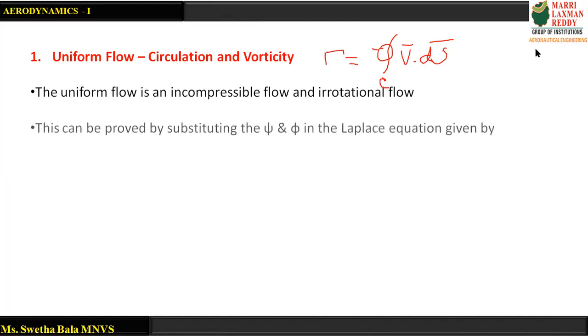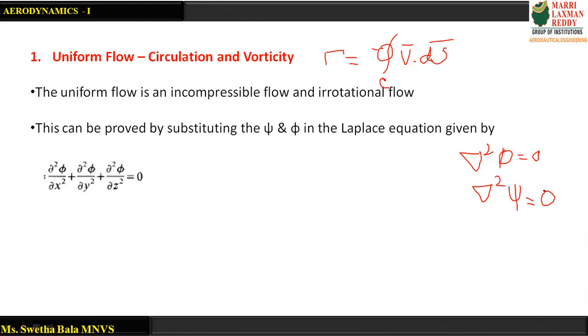So now if I'm substituting xi and phi, whatever I got, in Laplace equation. So Laplace equation is given by del square phi equal to 0. So in the next step, we are simplifying it. Okay. And check whether these two are satisfied or not. Del square xi equal to 0. So what are these equations now coming as? Del square xi in a 3D flow or a 2D flow is given by this equation. And your stream function Laplace equation is given in this form, expanding it.